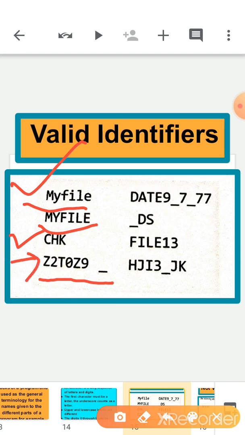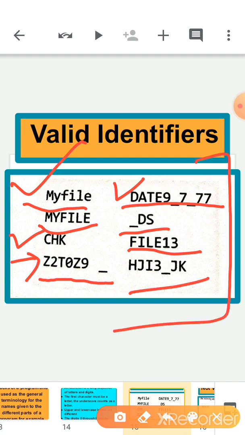Concentrate here children, you are using alphabets as well as digits and underscore in these identifiers, so all are valid. Now DATE_9_7_77 is valid. Underscore ds is also valid. FILE13 is also valid. So all are valid identifiers. In this way you can make identifiers.